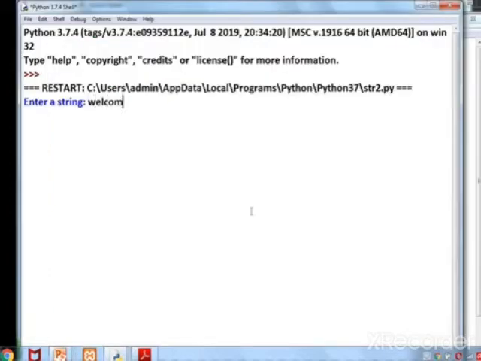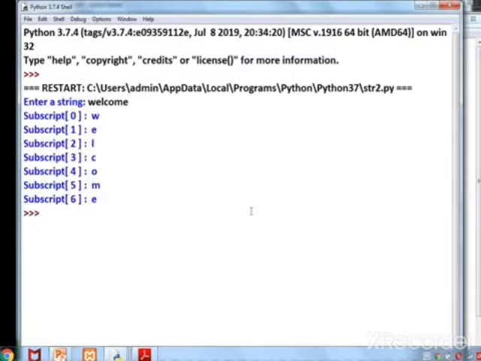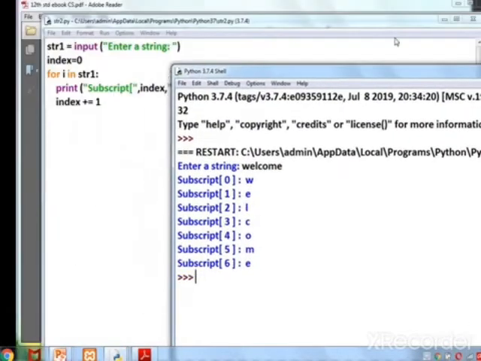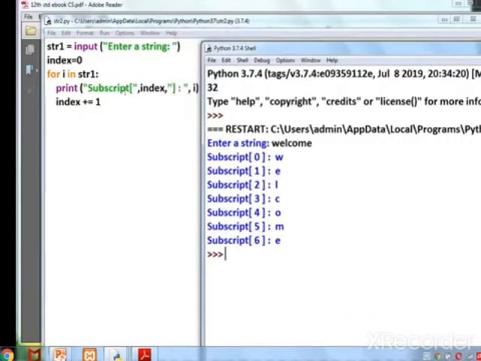We are giving a word like welcome. See here. So first one, subscript of 0 because the index value is 0. Then i. i means it's fetching the value from the string str1, the first character. So it is W. Again index plus equal to 1. So the variable index is incremented to 1.